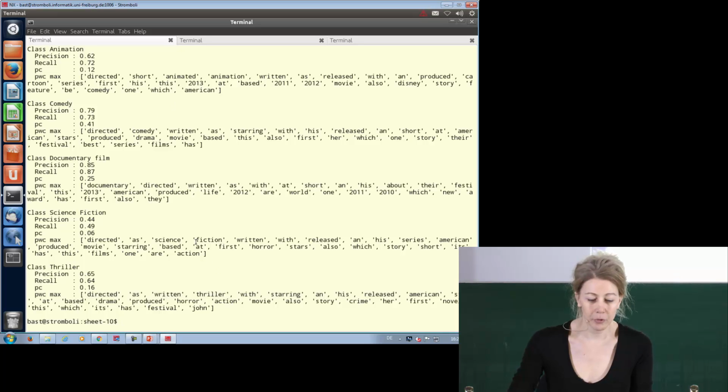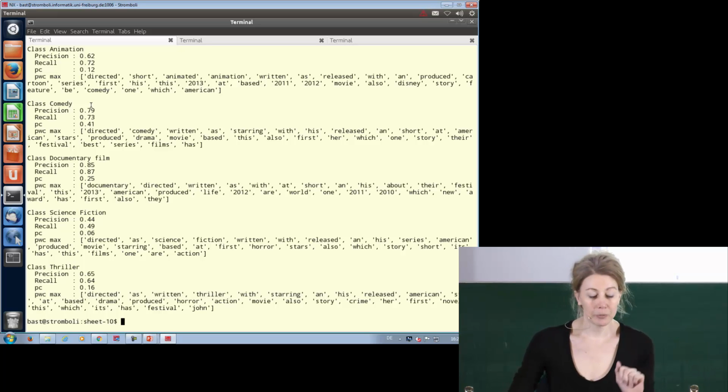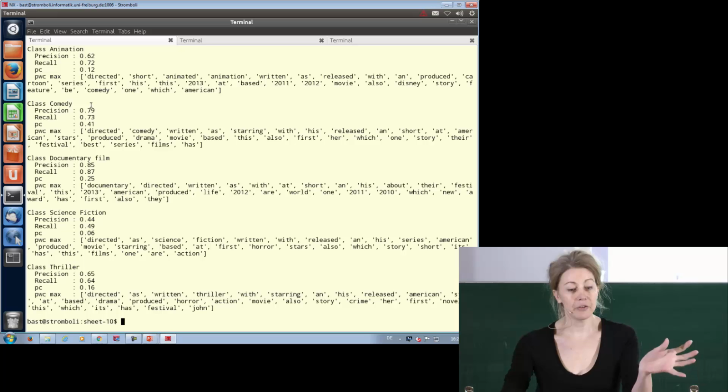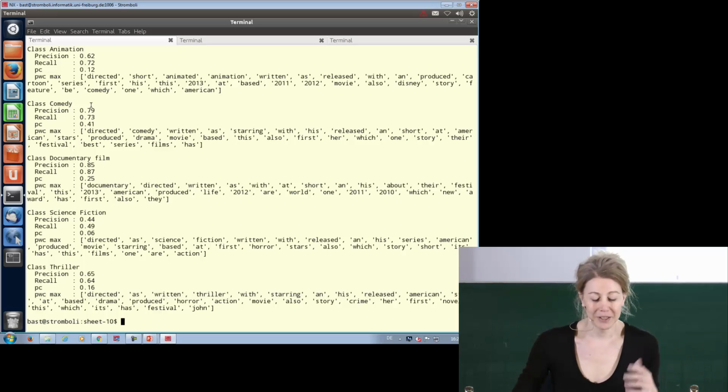So now you get more meaningful words, right? If you look at science fiction here, now "directed as", still some stop words here, and then science fiction, they come number 3 and number 4. But the numbers are not much better, right? So it's interesting. That was part of the exercise. It's always part of our exercises. You do some improvements, you have a great idea, oh, I remove all those stop words. Doesn't really become better, right?